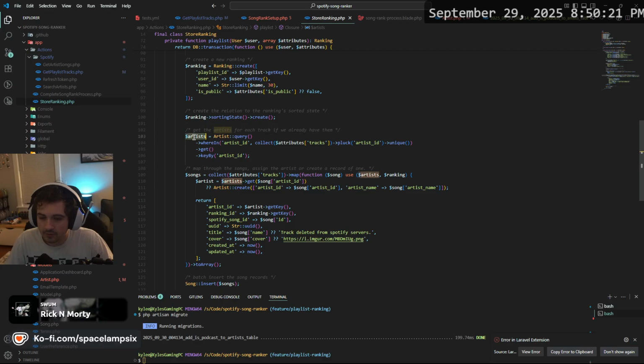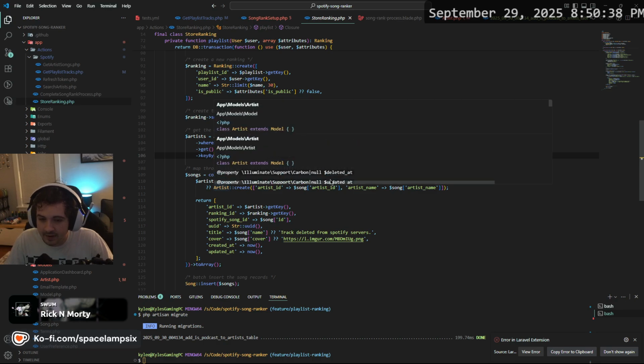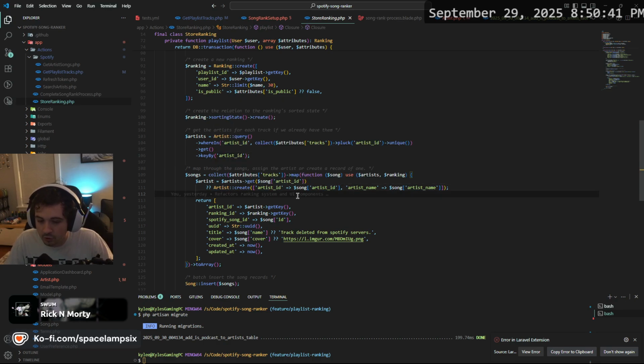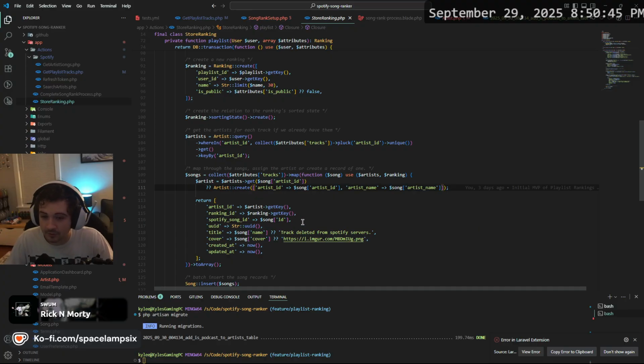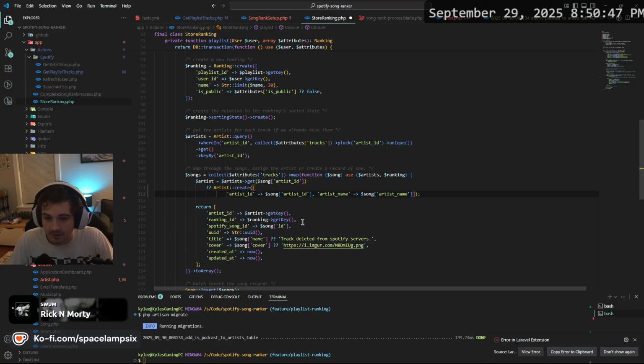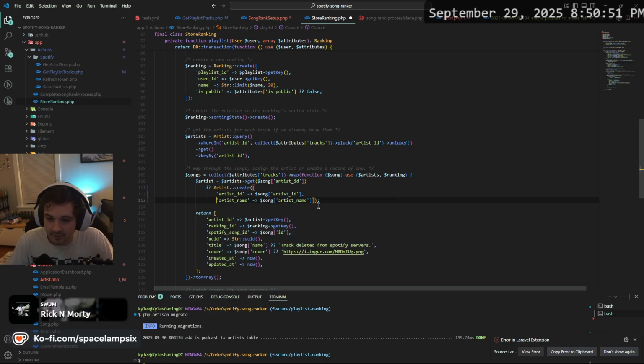Artists. Okay, so it tries to get the artists for each track if we have them already, right? Loop over all of the tracks, map through them with those artists with the new ranking, see if we can get the song. If not, create it. And then this is really gross, but you know what? It's kind of cool in a way. Well, we're inlining this.